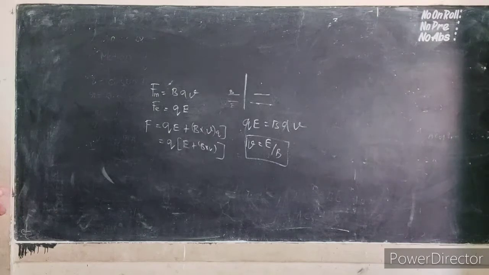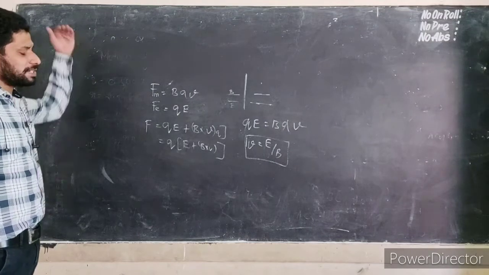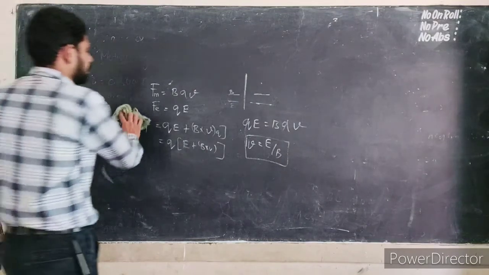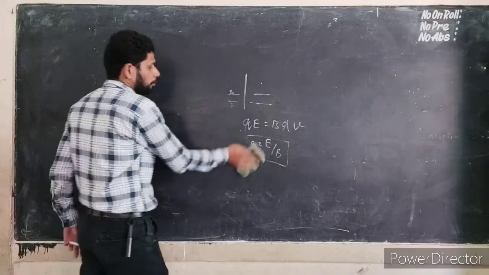The forces will be balanced with each other. With the proper choice of electric and magnetic field, the particle with a particular velocity can be selected. The arrangement of fields is called a velocity selector. After that, it will enter into the uniform magnetic field and be deflected, affecting the photographic plate.